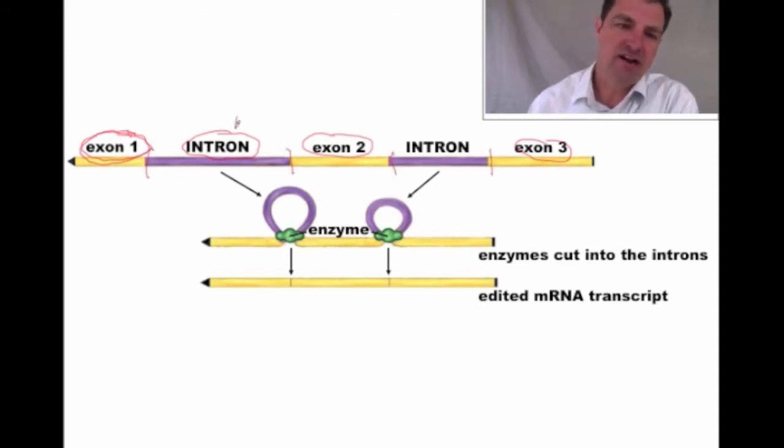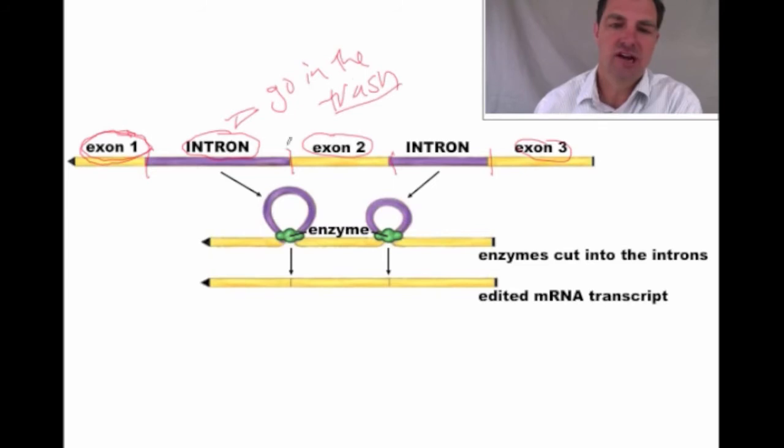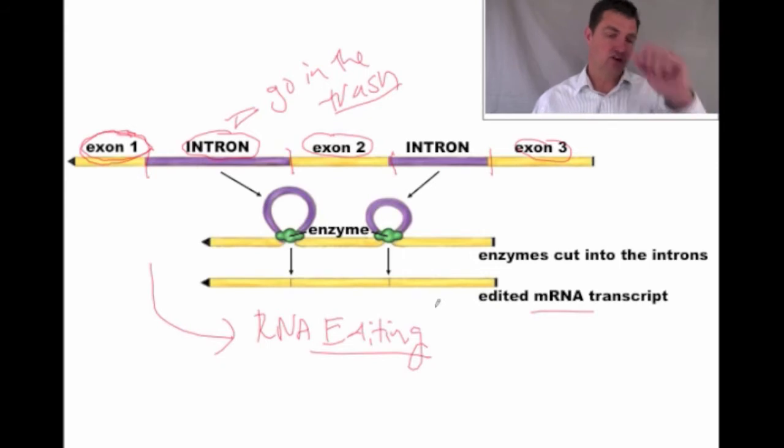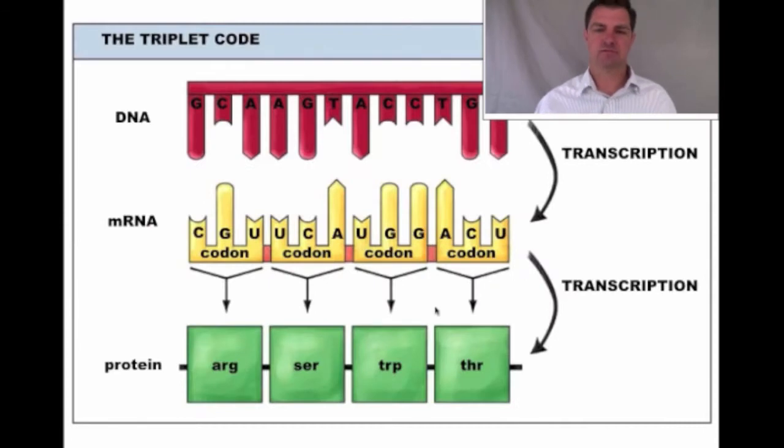And a colleague of mine, I have to admit, came up with this, but if you think about it, introns go in the trash. Introns go in the trash. So we get rid of the introns and we keep the exons. And so you hook the exons together, and once we do that, that's called my mRNA. So this process here is called RNA editing. It doesn't happen in all cells, but it does in cells like ours, for example. So the introns go in the trash, and you keep the exons, and that becomes our mRNA.